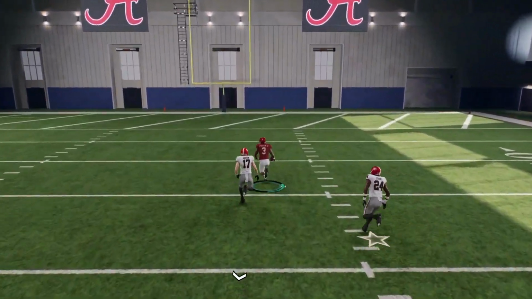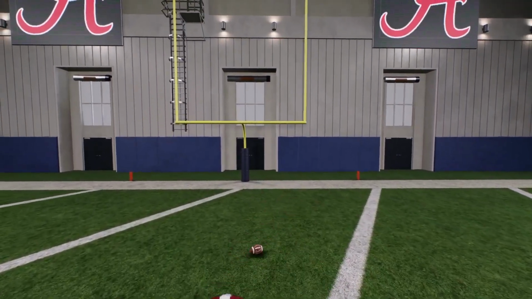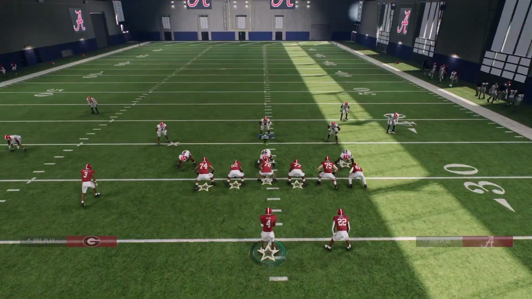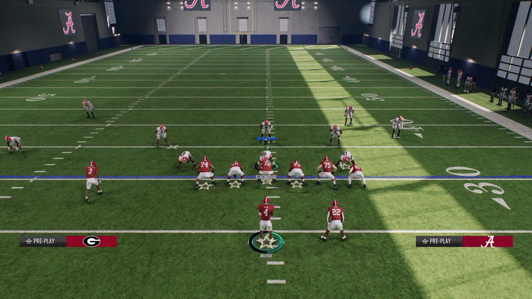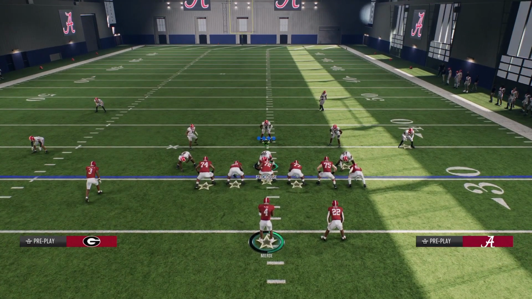And if you hit that, that's a touchdown against cover 2. So now if they're consistently running cover 2 or they're consistently running cover 3, then we can start to craft plays around that. Another really easy thing that you can do that does a really good job against cover 2 is